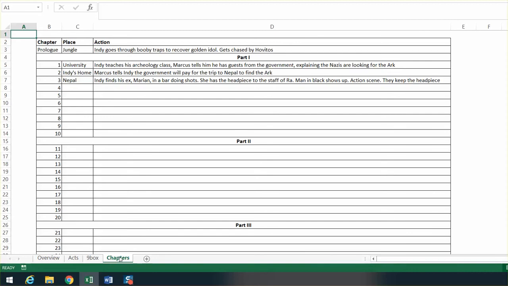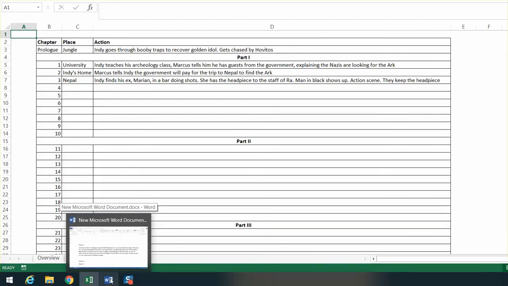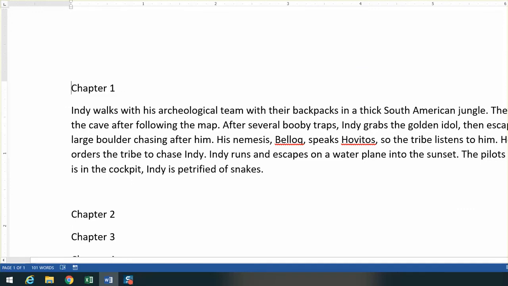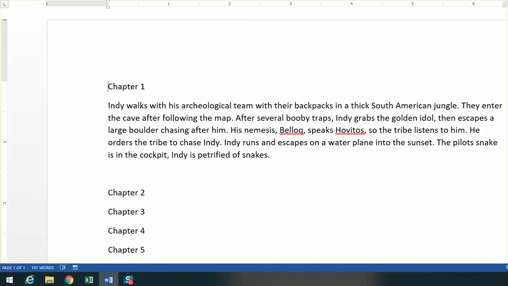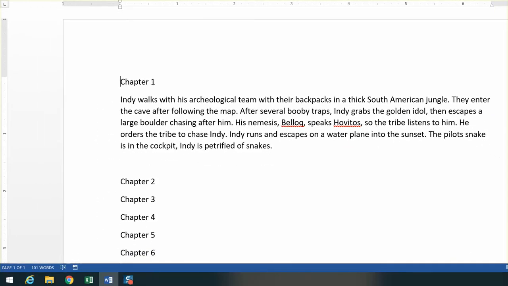Hopefully it helps you. And there is one last step that I want to show. So in Microsoft Word, where I usually type my stories, I know there's all different applications out there that many people use, whether you're on a Mac or a PC, whatever it is that you want to type on. The example that I'm using right now is Word, and what I'm showing on the screen is after you have your outline, right? After you have your chapters mapped out, your 9-box, whatever it is you want to do and how you want to plan your story, I actually put all the chapter headers in a Word document, and then